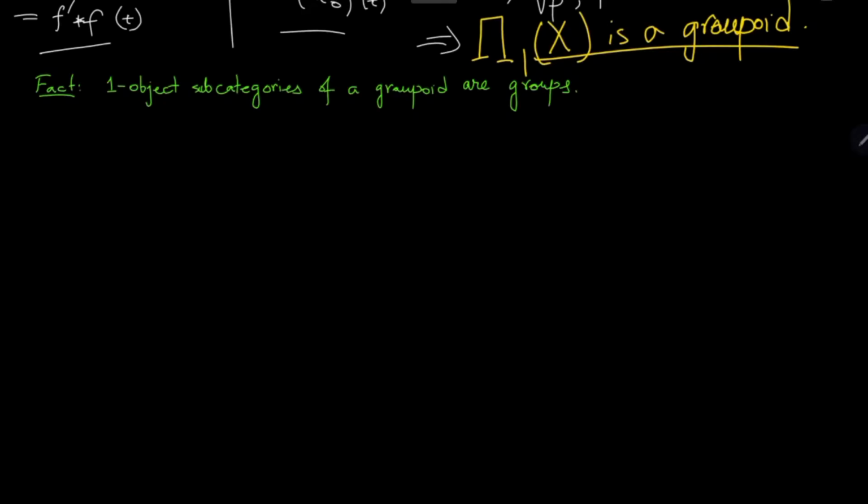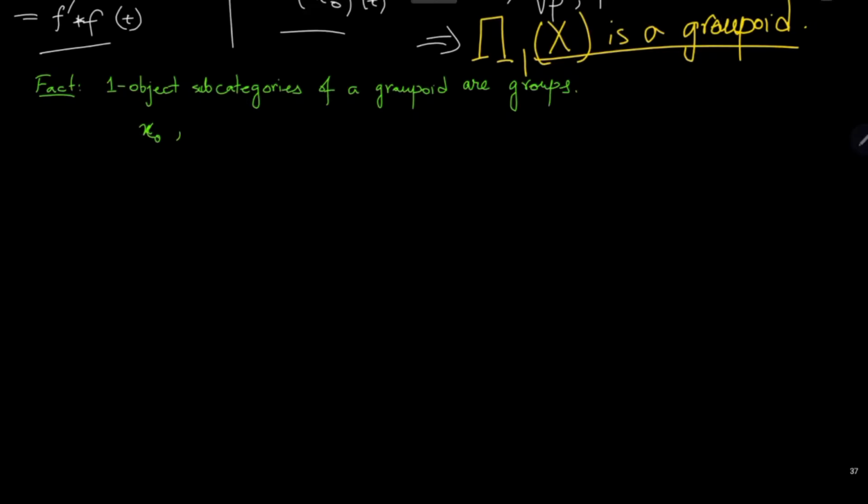Call this set G. By the definition of the category, there's an associative operation on G. Okay, and all that jazz. But so yeah, we got the groupoid, the fundamental groupoid. And since one object subcategories are groupoids, we see what are the one object subcategories. These are subcategories with the one object being some kind of a base point x0,